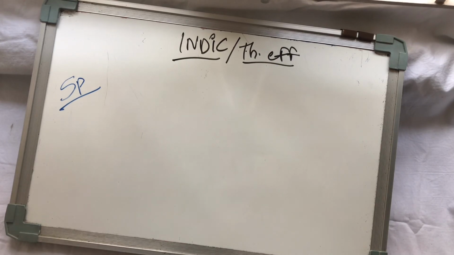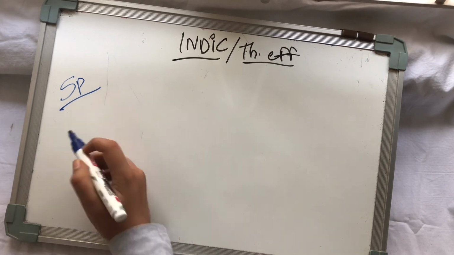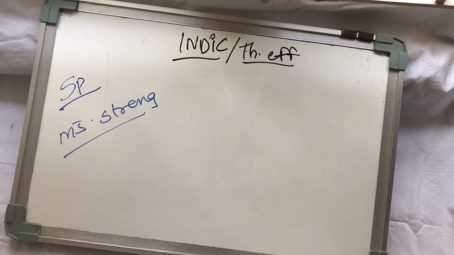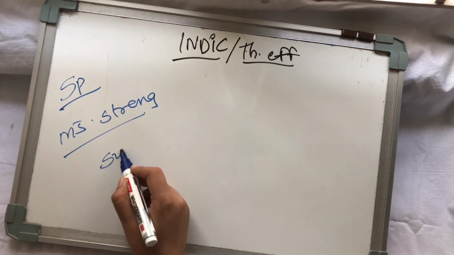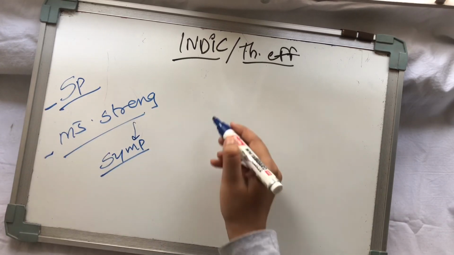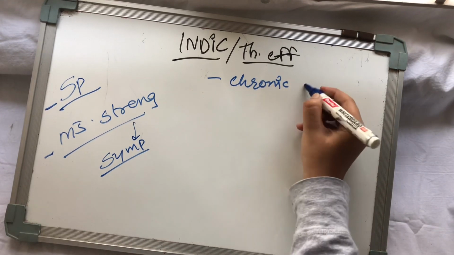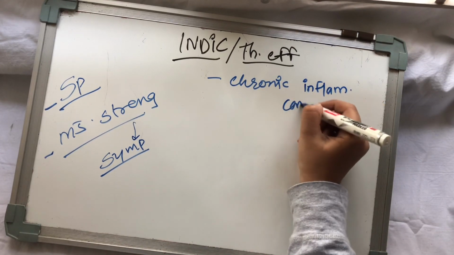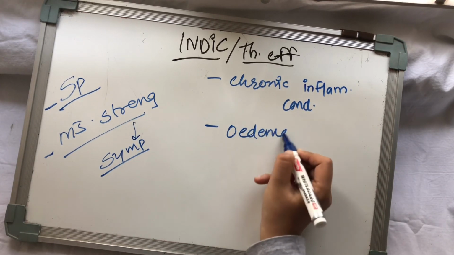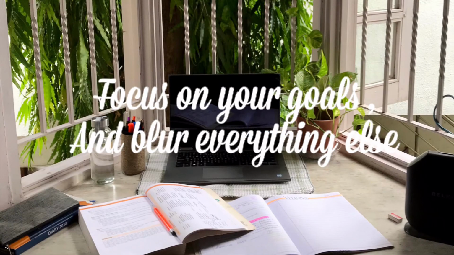Next is spasticity. Cooling has been used clinically for many years to reduce muscle spasticity. The effect of local cooling applied briefly may be quite different from more prolonged cooling that affects deeper muscles. It can also be used for muscle strengthening. Cooling the skin can lead to greater strength of the underlying muscles. Sympathetic system stimulation has also been suggested as the mechanism for greater immediate muscle strength. Chronic inflammation condition is another indication where cold therapy is used.